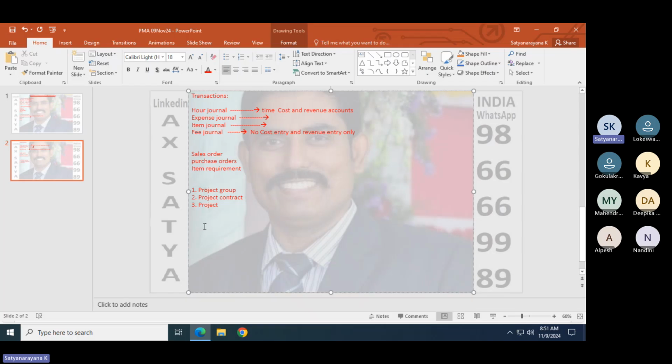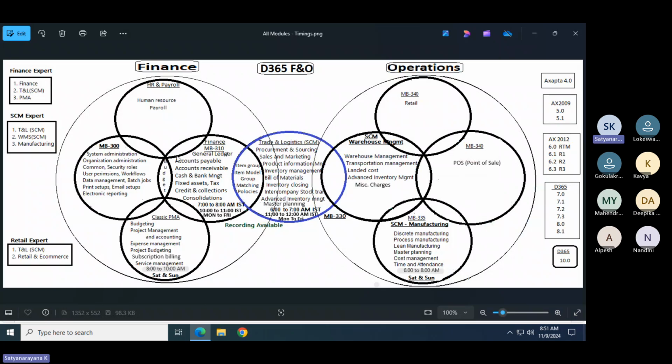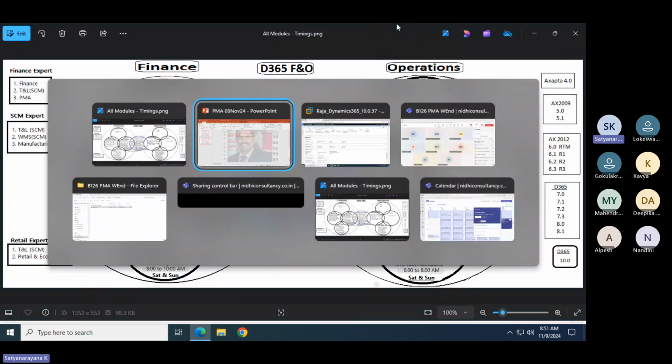What does this project mean? We are posting customer invoices periodically. We are regularly generating invoices to the customer. Actually, till now, in finance, invoices to the customer, what are the different ways we can invoice to the customer?